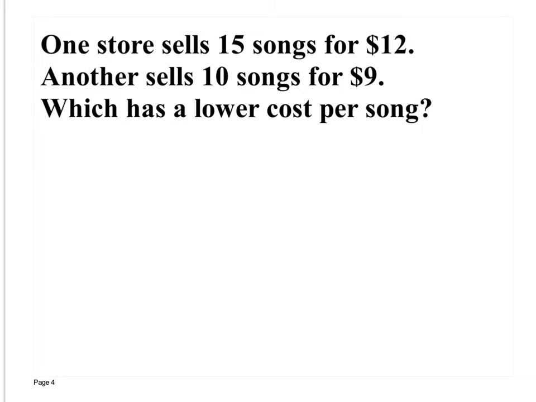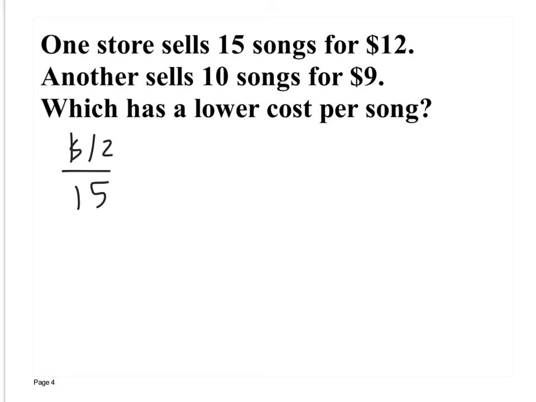So here they say one store sells 15 songs for $12. So let's say they just have a package. You pay $12, you get 15 songs. The other one says $9, you get 10 songs. So which one has the lower cost? So what we got to do is we got to find the unit rate for each one of these, and then we can compare. So we do $12